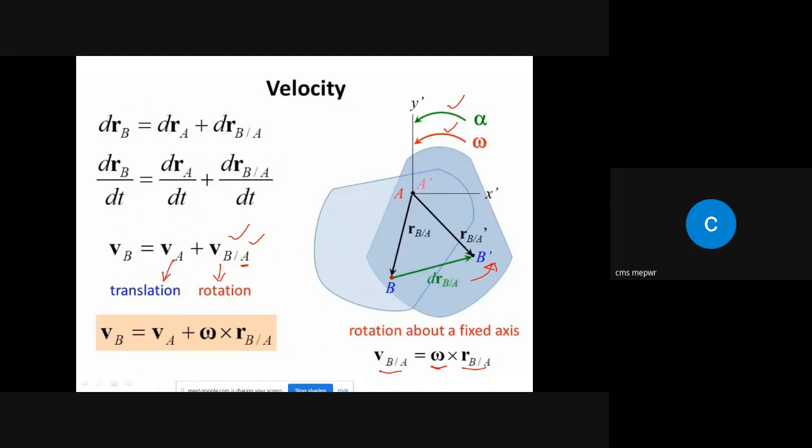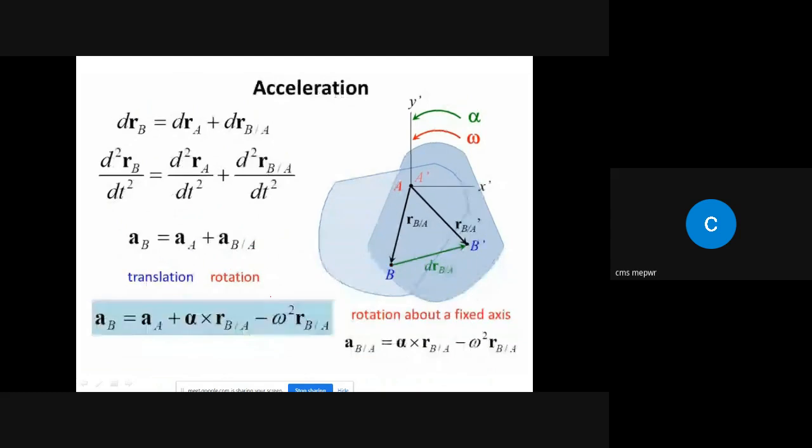By putting this value over here in this equation, we get this equation. Okay, so if we move back again to the previous one,